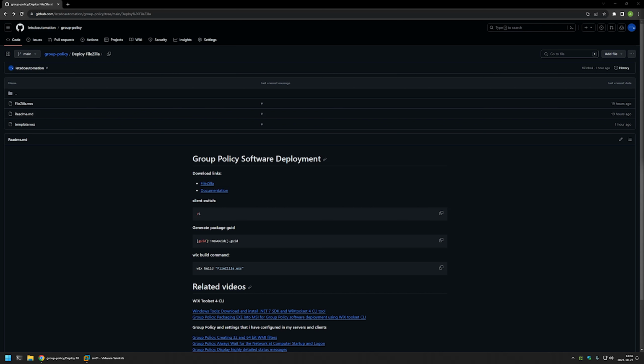In this video, I will be using group policy to deploy FileZilla. I will deploy it using two different methods. One is where we create a policy for the main computers, and then the computers install the software during startup. Another one is where we create a policy for the main users, and then the users themselves can install the software whenever they like. I will also use Wix to package the FileZilla executable into an MSI file, and I'm starting this